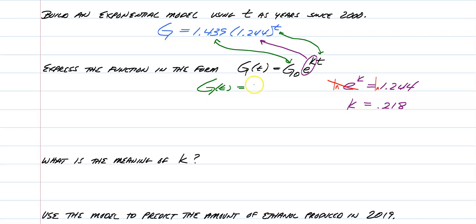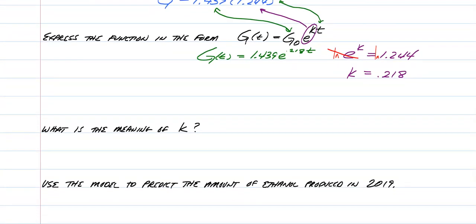Okay? So now we're just going to go back and say that G of T is equal to 1.439 times e raised to the 0.218 T. Okay, now that should remind you a little bit of PERT from Algebra 2 Trig, where it was continuous growth. It was A is equal to P times e raised to the RT instead of the KT, but K is going to actually do the exact same thing. K is your rate. It's your rate of change. So the meaning of K from that problem is 21.8%